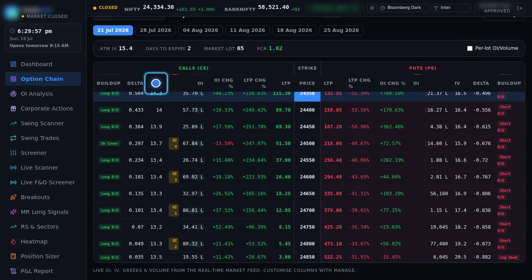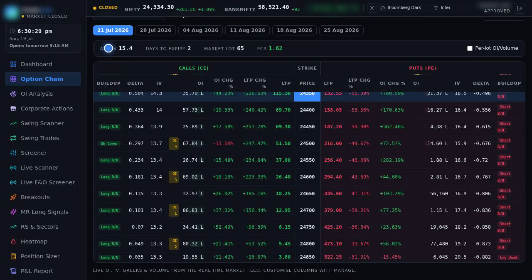That brings us naturally to IV, implied volatility, and the ATM implied volatility in the summary strip. Implied volatility is the market's own expectation of how much the price is going to swing, baked directly into the option's price. When IV is high, options are expensive, you are paying up for big expected movement, which is common right before major results, budget days, or election results. When IV is low, options are relatively cheap.